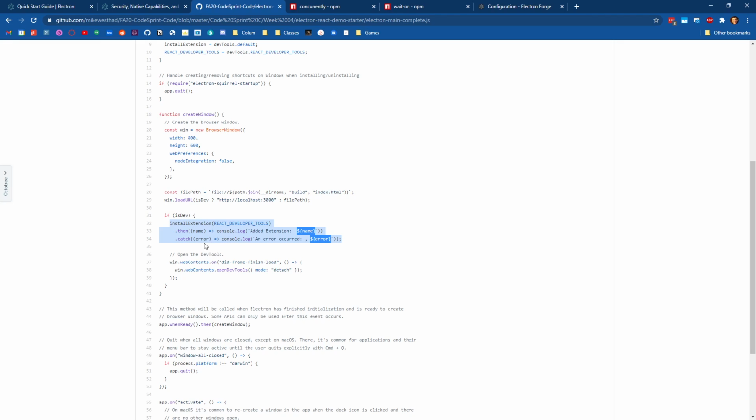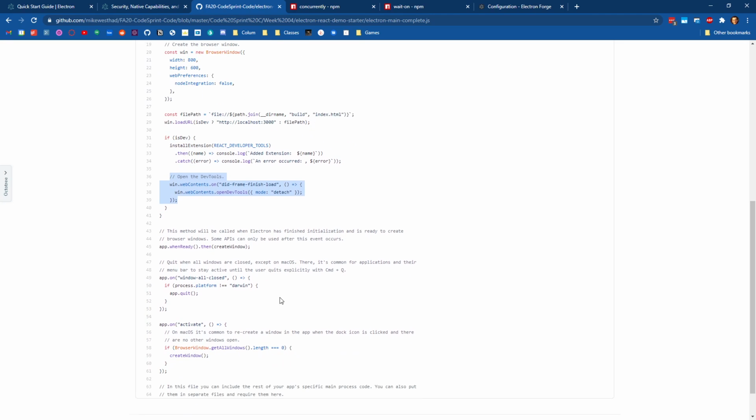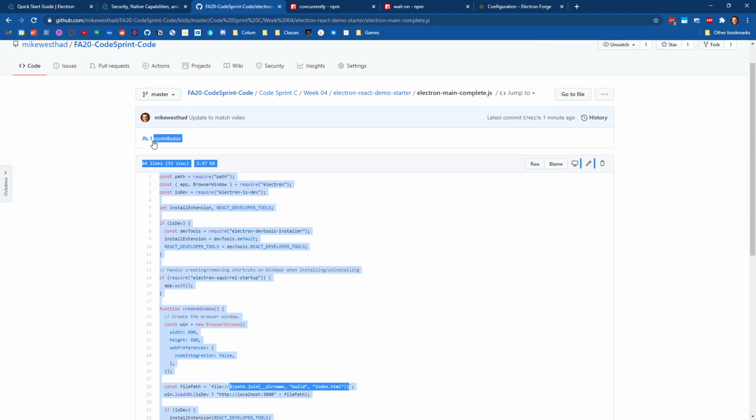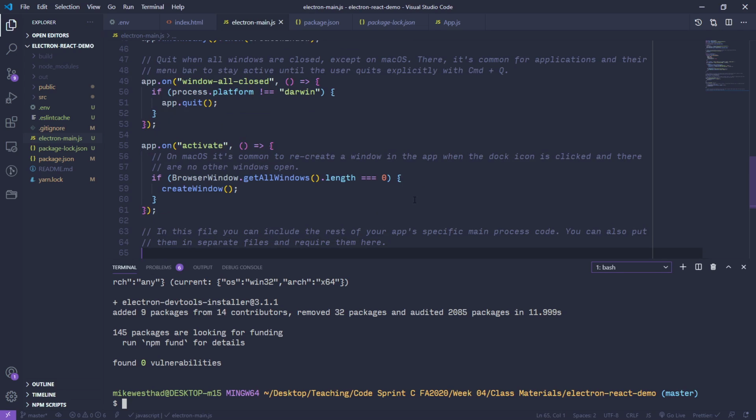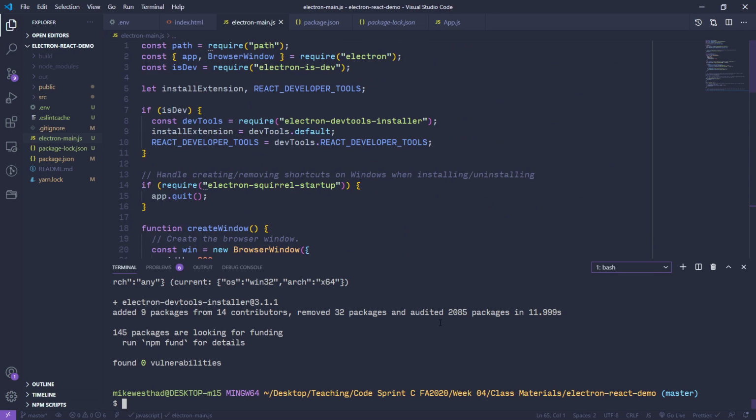So this returns a promise. So we can say if that resolves successfully, tell us that we added the extension. If there was an error, go ahead and tell us what the error was. And then I've got this chunk here to open up the developer tools automatically when the first frame of the application finished loading. You can remove that. You don't necessarily need that in your application, but I find it useful to always pop open the developer tools when I'm working. So I'm going to grab this, paste it into my Electron file,